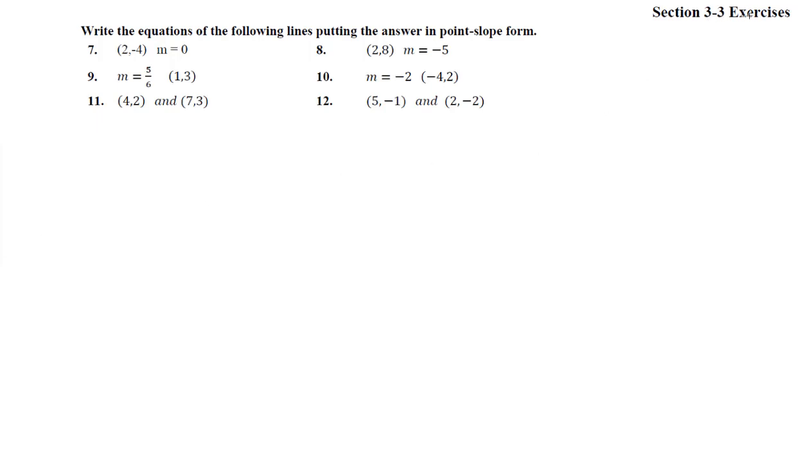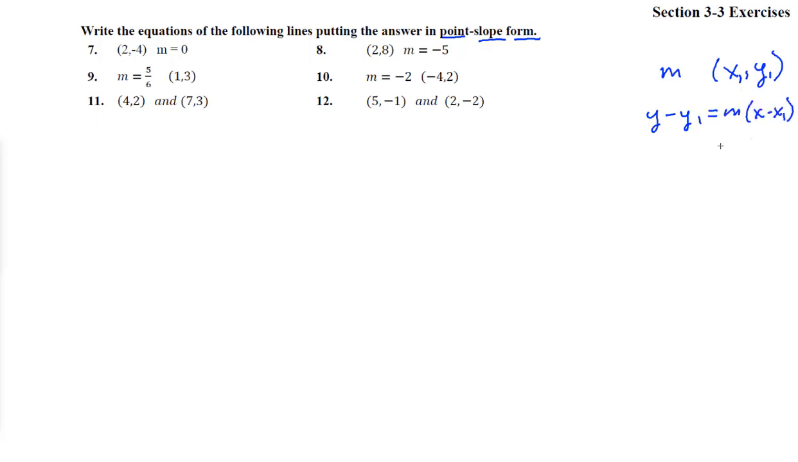Here we are in section 3.3, exercises number 7 through 12. It says write the equations of the following lines, putting the answer in point slope form. That means if you have a slope and you have a point, we'll call it x1, y1, that this is the no-think method. You write y minus the y1, so you put that right there, equals m times x minus